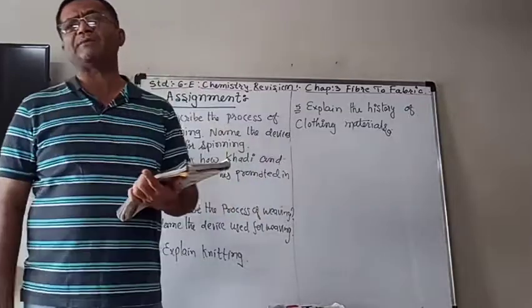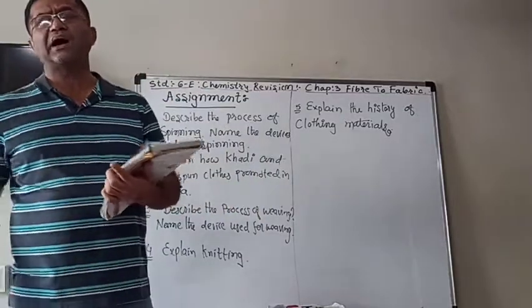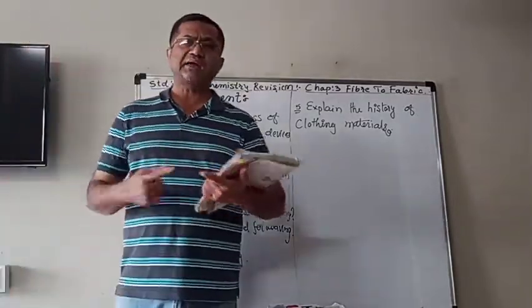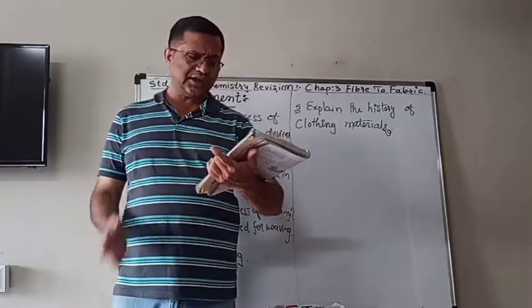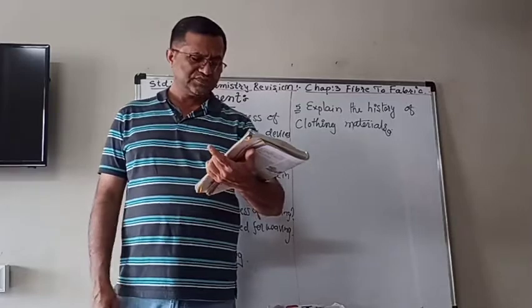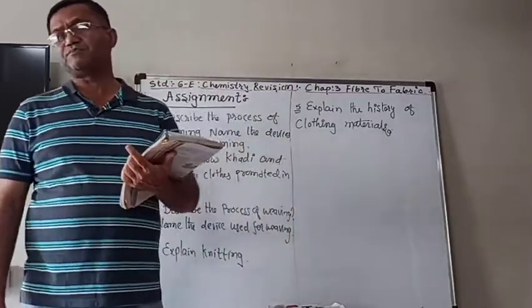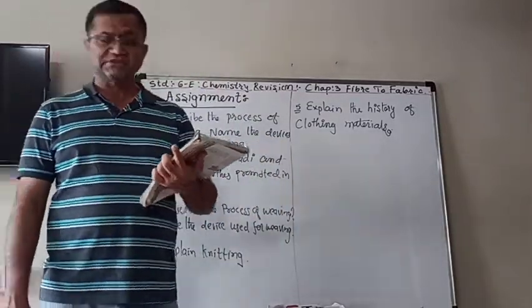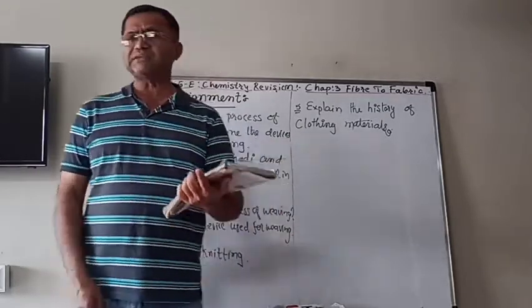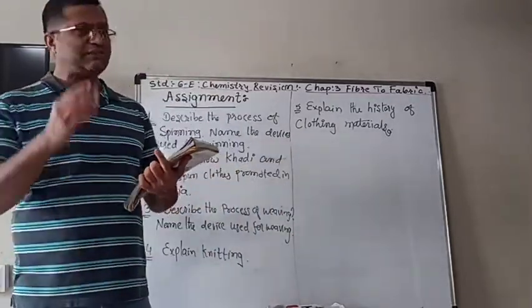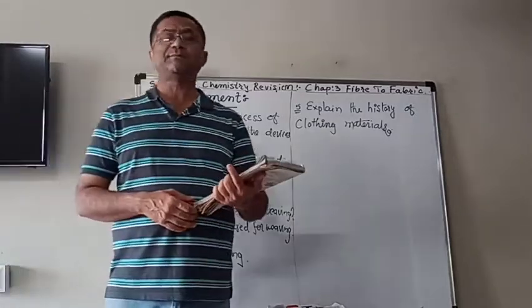Two sets of yarn are taken and they are interwoven with each other, arranged together, and then fabric is made. That process is known as weaving. It can be understood with the help of pieces of